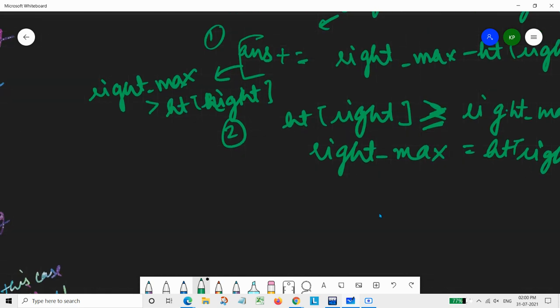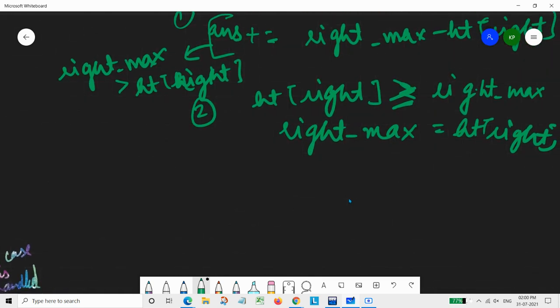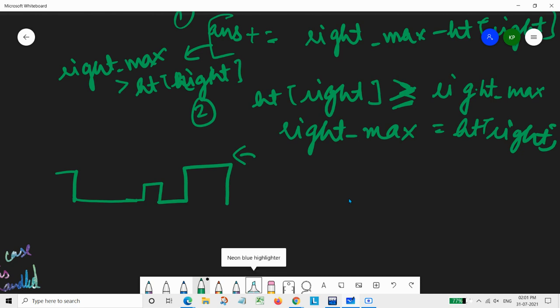In this case, now two things would be covered again, the way they were covered in the left part. So here, if we take this portion, it will be starting from this direction, right? So let us say that this time there is no height which is at max part. So at first we would be having this right max, and we would be having this as the same as height of right.